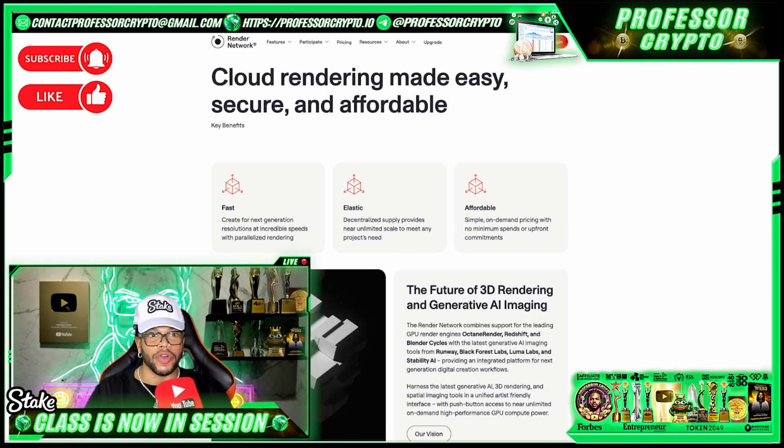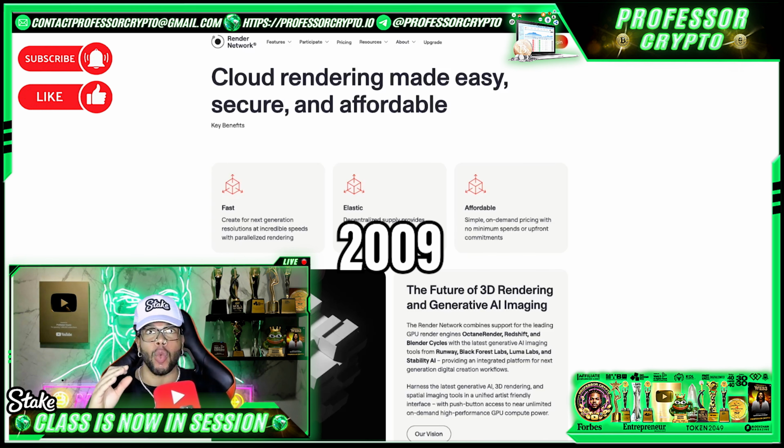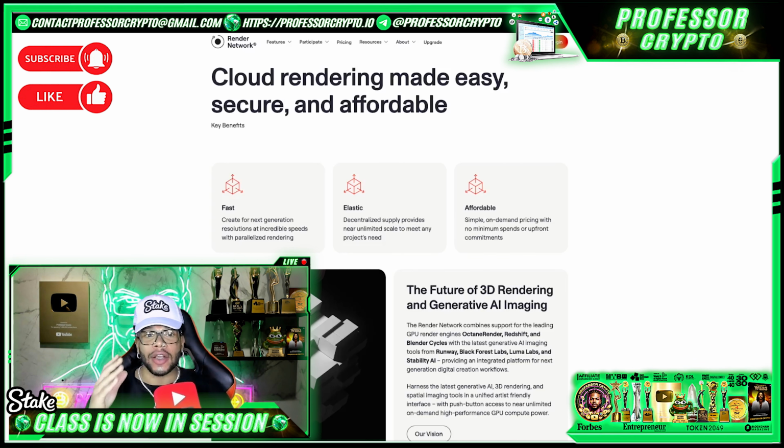All right, guys. So sliding back over to Render here. Let me give you just a little bit of background about them, when they were conceived and everything. So guys, they started off in 2009 by Otoy Incorporated, the CEO Jules Urbach, and he launched in 2017. Render Token held its first public token sale in October of that same year, followed by a private sale period lasting from January 2018 to May 2018.